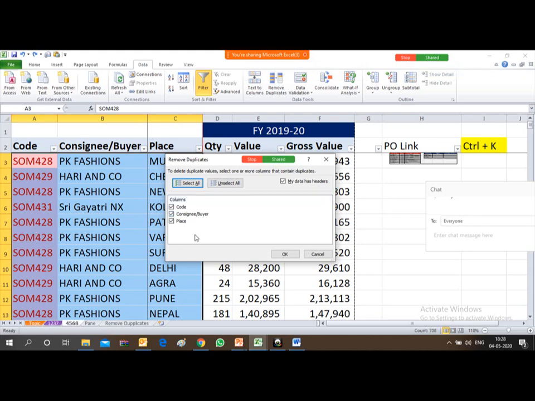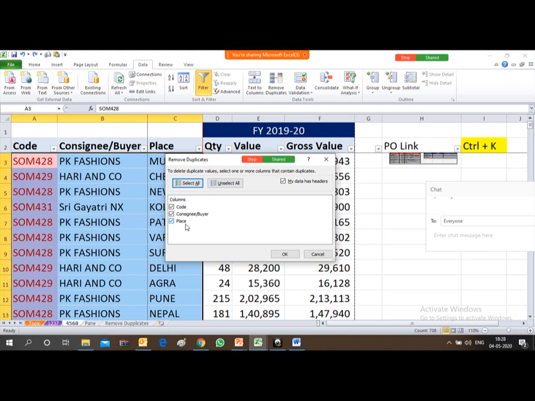What it will do, it will first select the code, and then consignee or say party name, and then place. Once the combination of these three fields is the same, only then will it remove the duplicates.